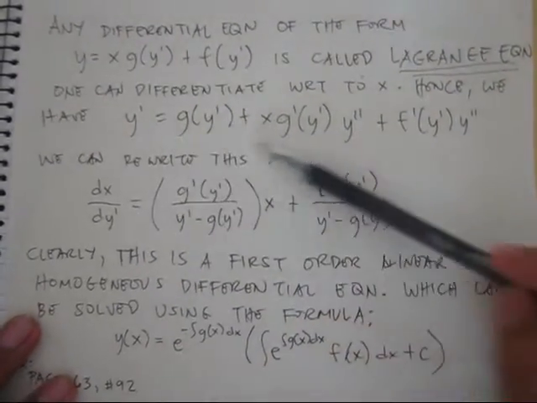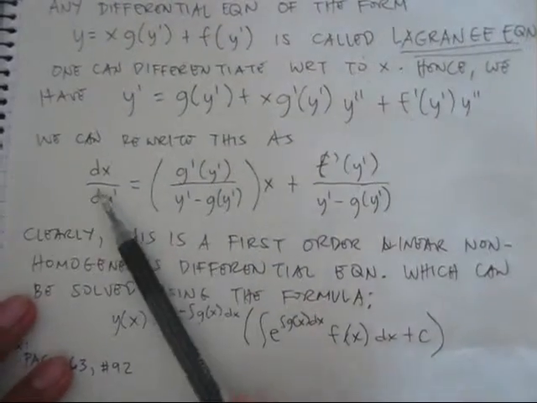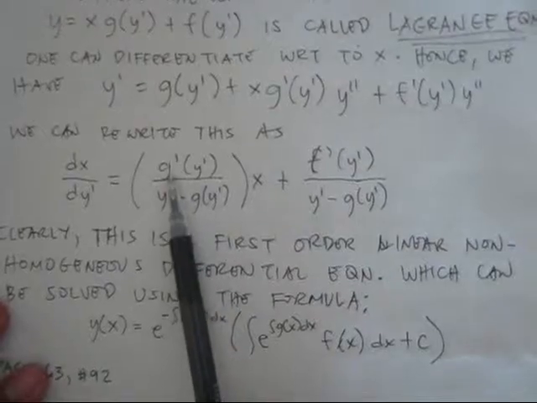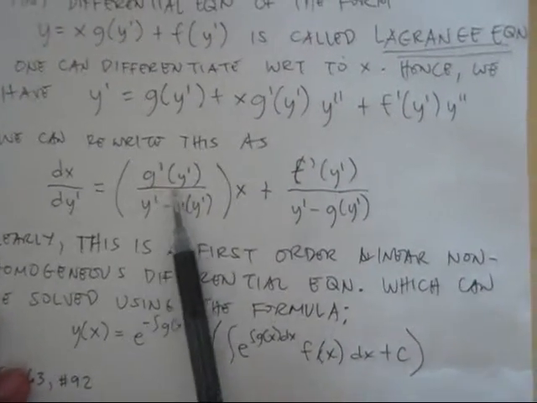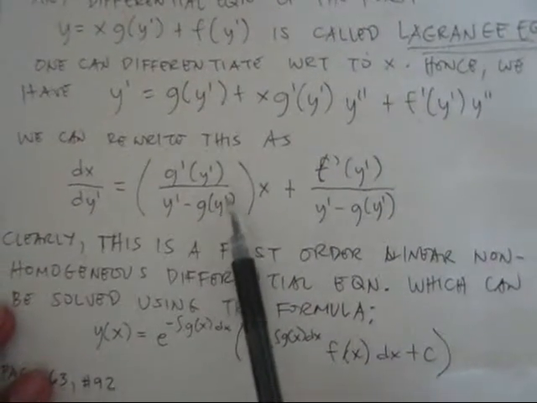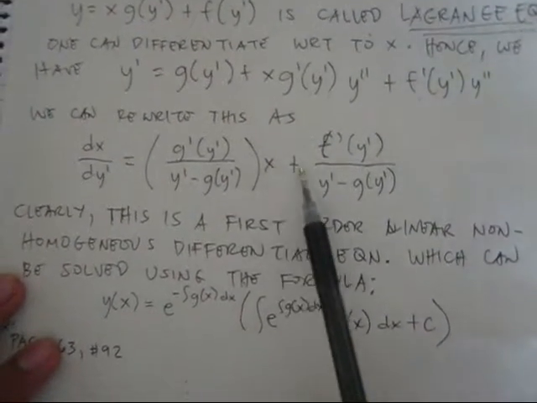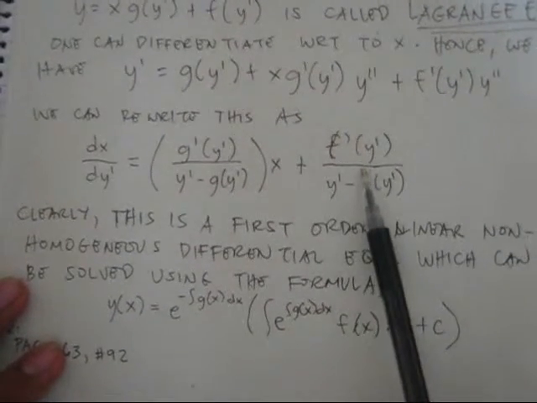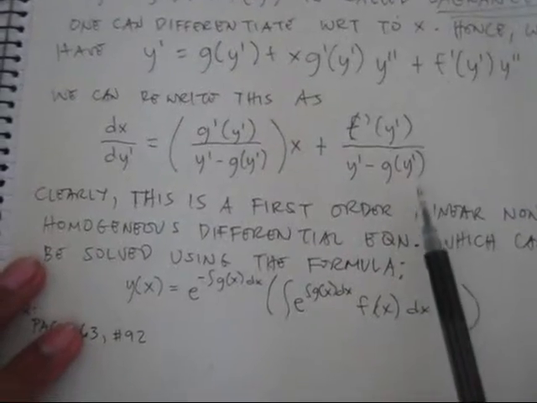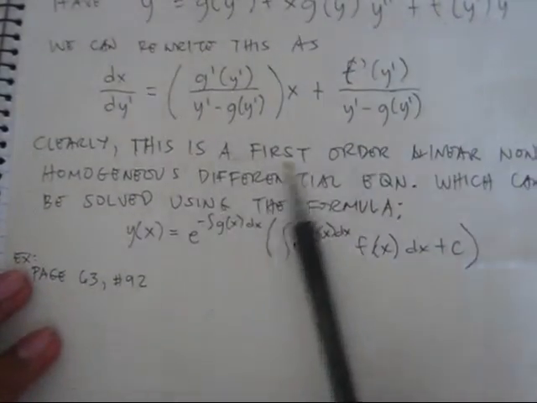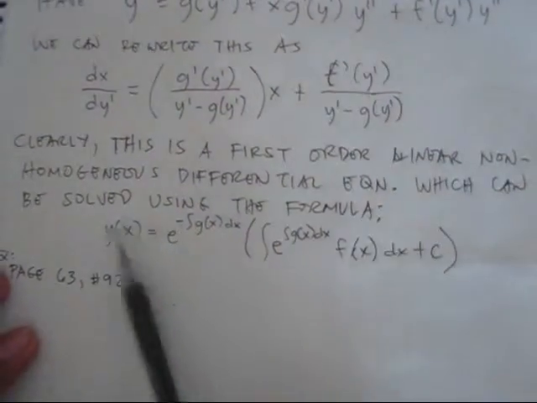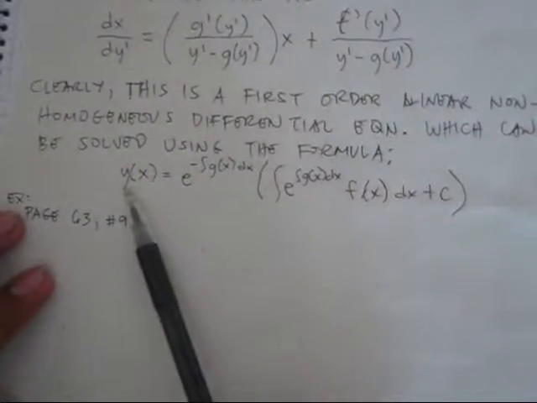So with this equation, we can rewrite this as dx over dy prime is equal to the quantity of g prime of y prime all over y prime minus g of y prime times x plus f prime of y prime all over y prime minus g of y prime. Clearly, this is a first-order linear non-homogeneous differential equation which can be solved using the formula